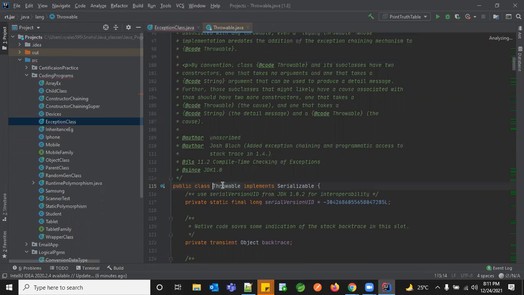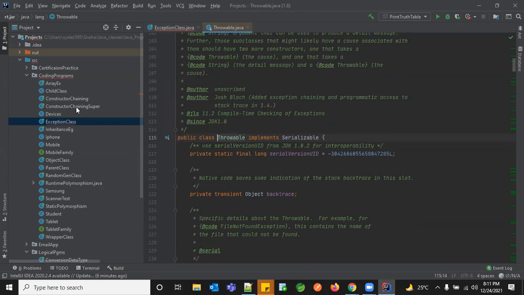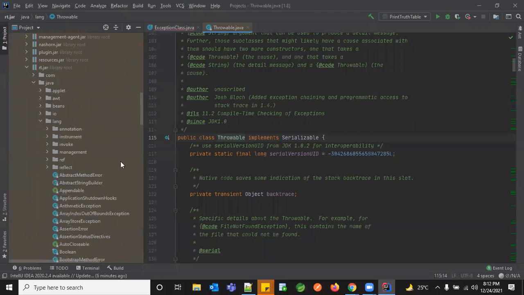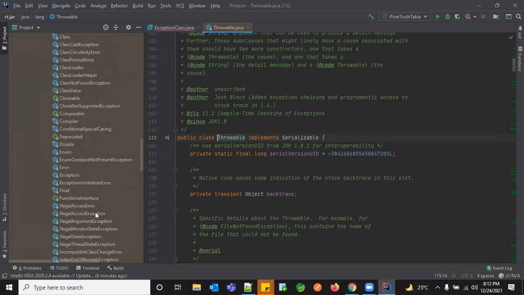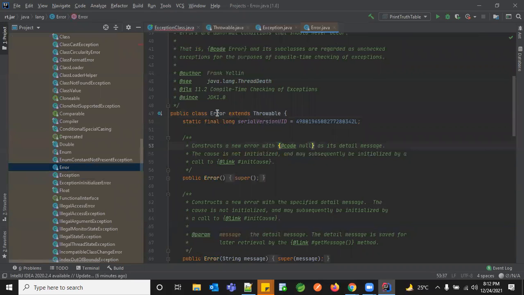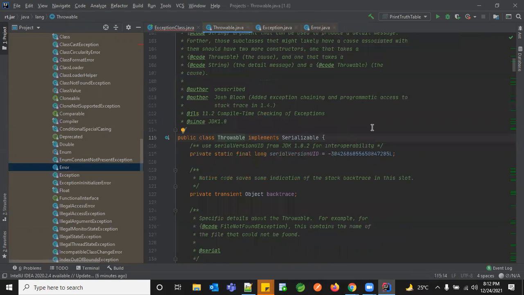So if you see, this particular Throwable is a class, okay? And this class has a hierarchy. Let me show that. So if you see, this Error class is extending Throwable, and the Exception is also extending your Throwable. So like your Object class, all the child classes of that hierarchy, both Error and Exception, will have the Throwable class as their parent class. So this is something you need to know.